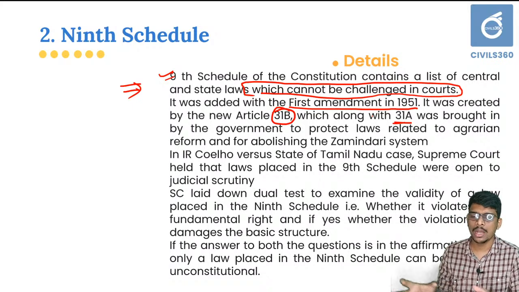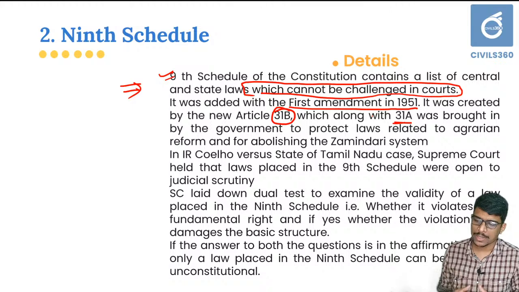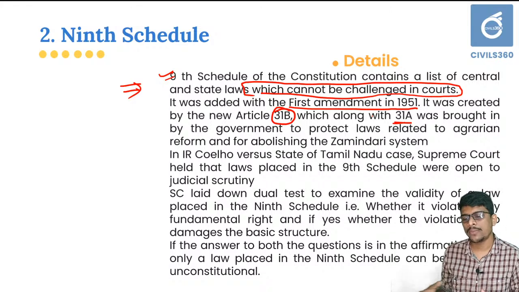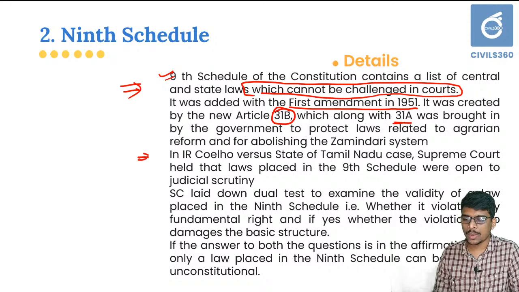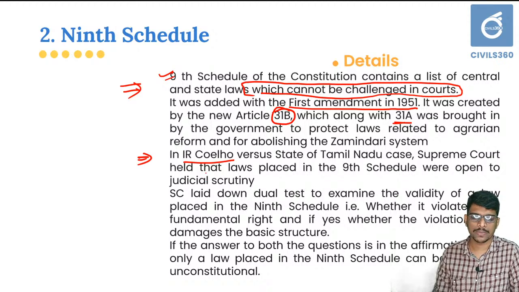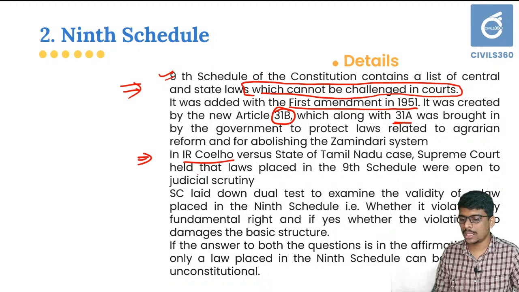That basic idea was initiated in the First Amendment itself. It was meant to protect the interest of the agrarian community and to provide agrarian reform. But in the I.R. Coelho versus State of Tamil Nadu case, the Supreme Court held that the laws placed in the Ninth Schedule